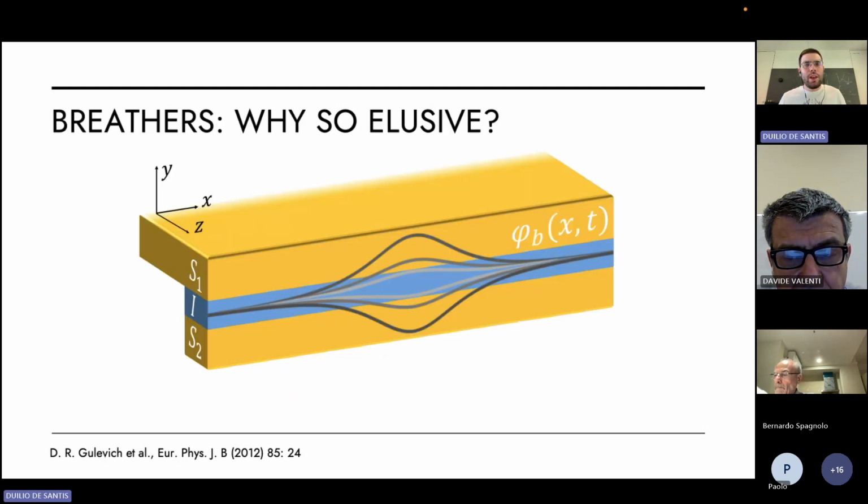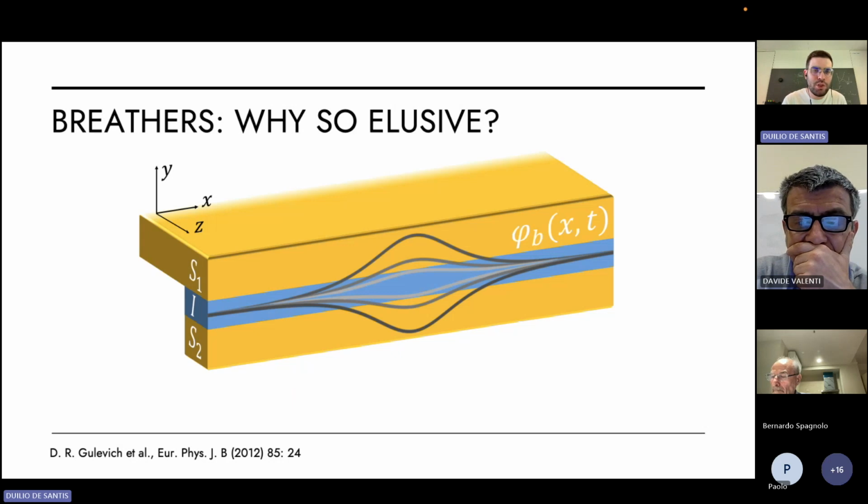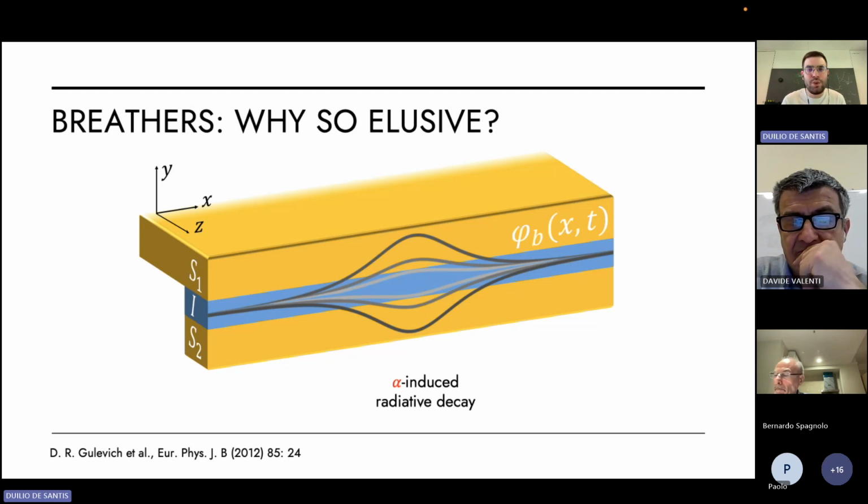So why study dynamical solitons, which after all are the topic of my talk? Well, because they're very elusive. Nowadays, it's well established that you can detect kinks in long Josephson junctions. You can do that by looking at the IV characteristic of the junction. But with breathers, things are much more complex. And the reasons are essentially two. The first reason is that breathers are unstable, as I was saying before,